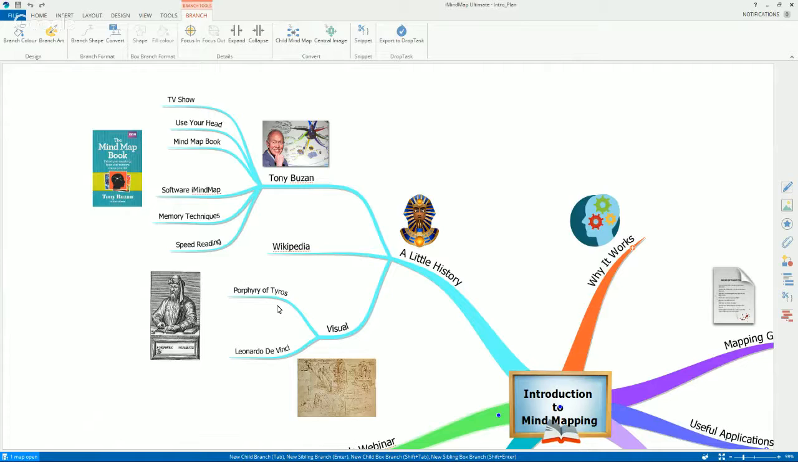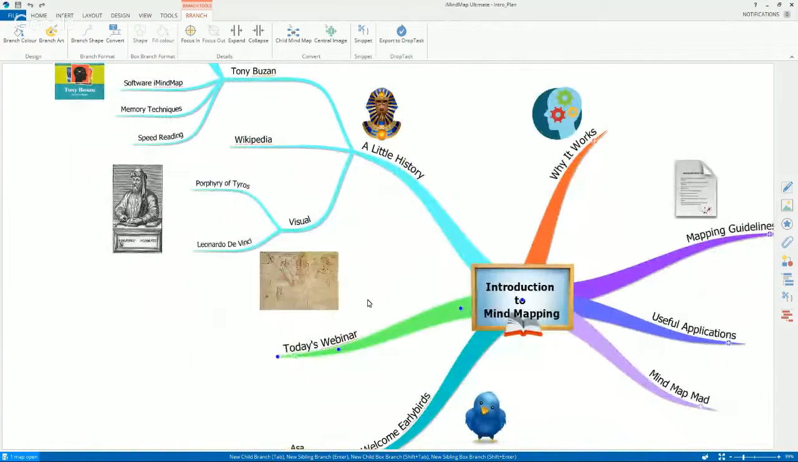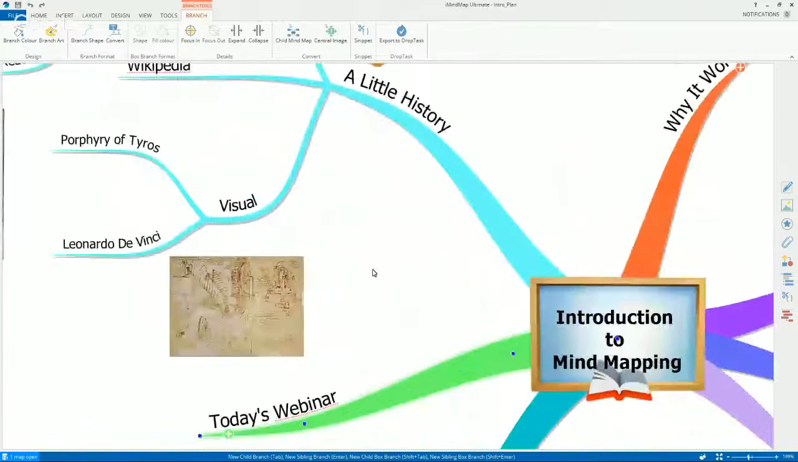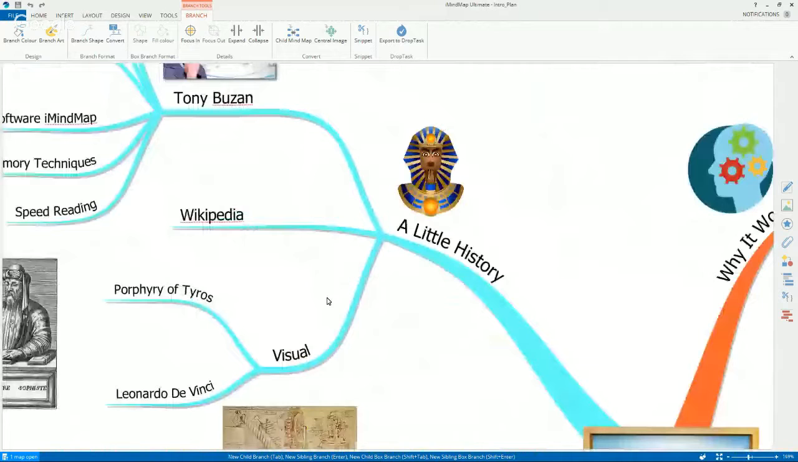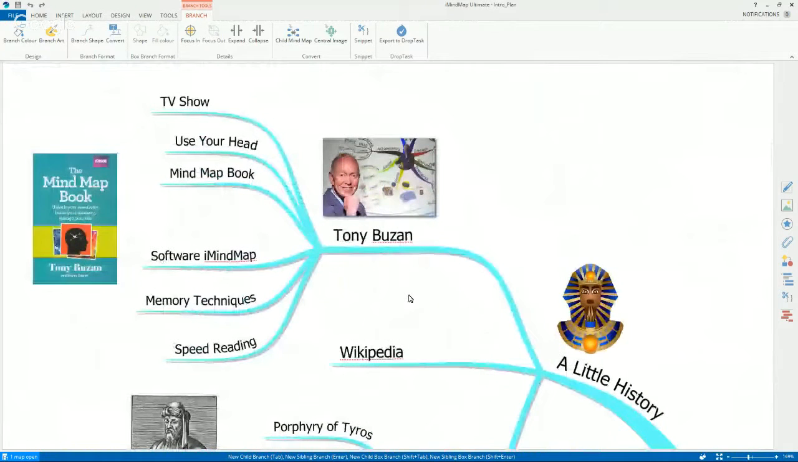Some people claim that Leonardo da Vinci used mind maps. Well, I'm not sure about that, and I'm not sure there's evidence that he has, but he certainly used visual techniques, as you can see in a lot of his notebooks. In modern times, modern mind mapping has been credited, indeed, he would say he invented it, to Tony Buzan,